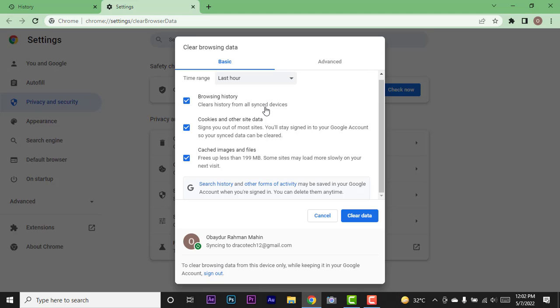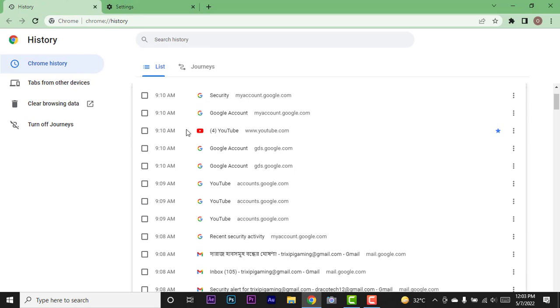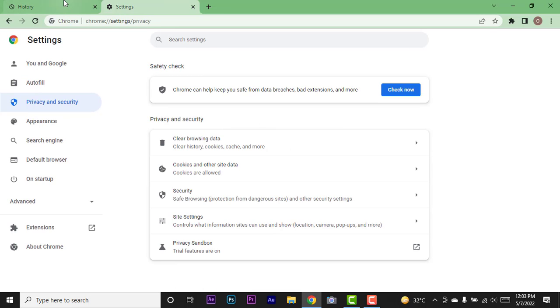Now I'm going to delete the basic things. I'm going to click on the clear data button. Everything is done. Now if you come here and see, the histories are cleared, but not all, because I just cleared